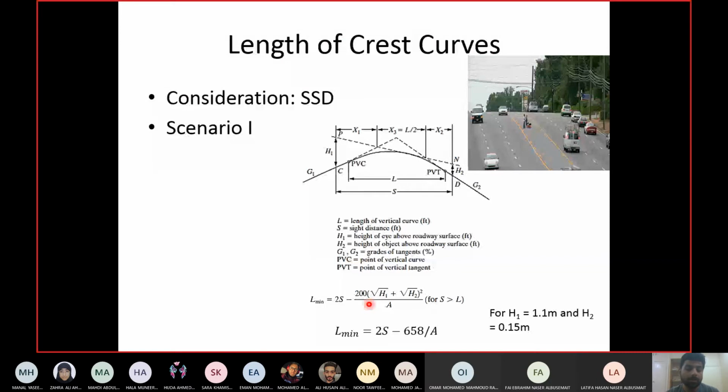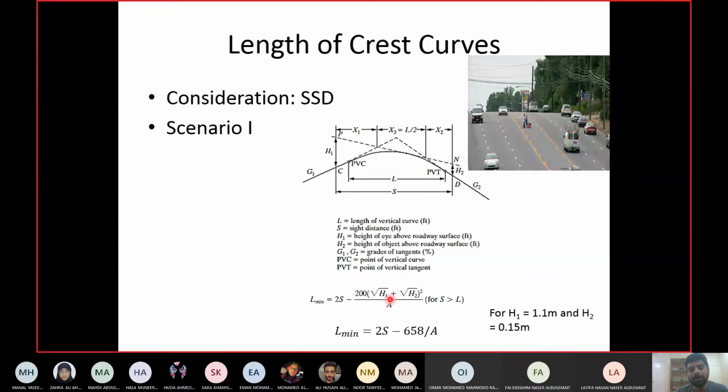Okay, so cars are more on the road and the height of the car driver is less, in terms of the placement of the seat. Okay, I'm not saying they are short. And the third thing is cars go faster than the trucks and buses. So I have a driver who can see more distance and he is going slowly. And I have a driver who is at a lower height, so he can see less distance and he is going faster. So obviously this driver has more problem, right? Okay, the one who is at lower height and going faster. So he will have less chance to avoid the accident. So I have to provide enough side distance for him. So I'll take his case.